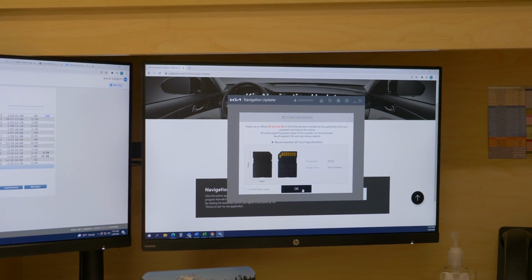In that case, just make sure you have one of these that's at least 32 gigabytes. The SD card also needs to be 32 gigabytes. On the SD card, that's the magic number. Make sure to not buy one that's 64. It will only accept that 32 gigabyte SD card, and the warning on screen tells you that as well. So select OK once you've read that message,